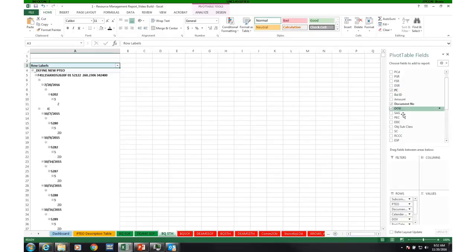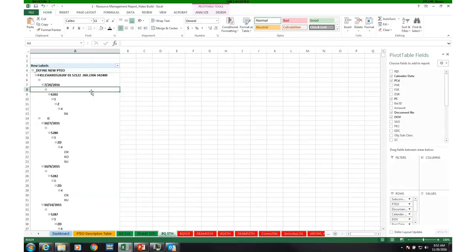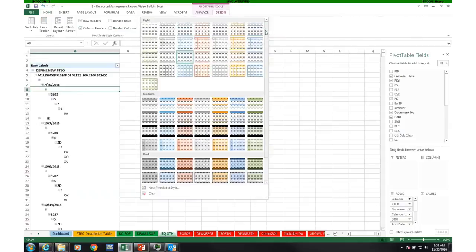Post code, let's get type vendor in there. Where's the type vendor? There it is. And post code here. Alright, now we're done with that. And you can see, you may have seen these type of pivot tables before. That's awful. You're not going to get anything out of this whatsoever. So let's go ahead and clean this up like we've done in the previous videos. I'm going to go ahead and select,